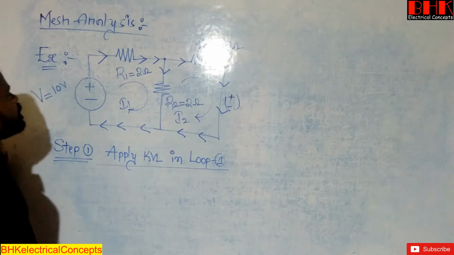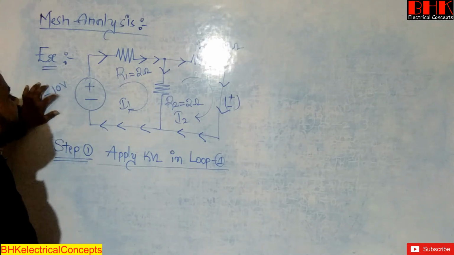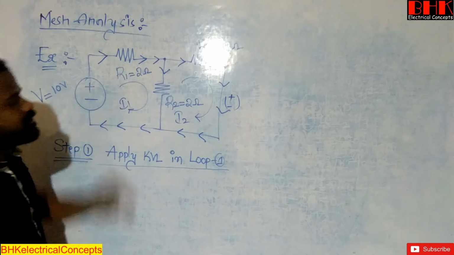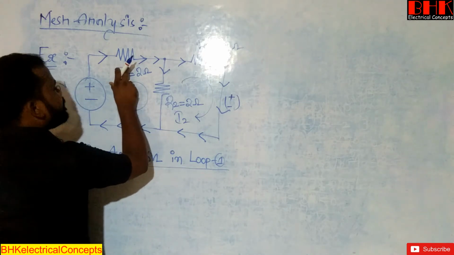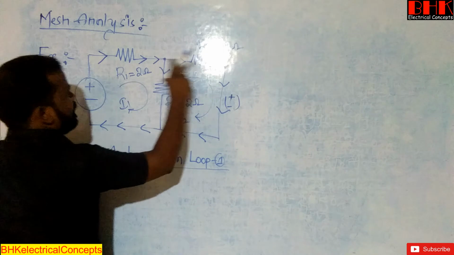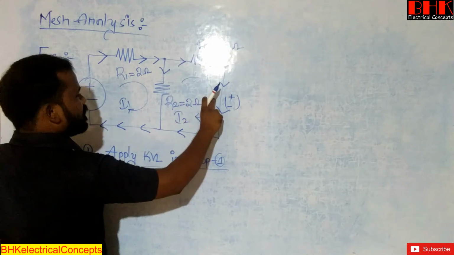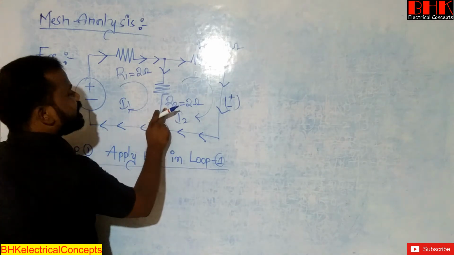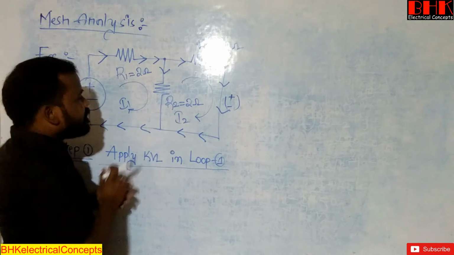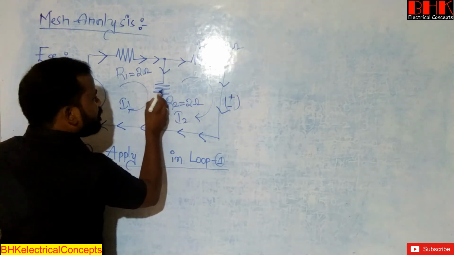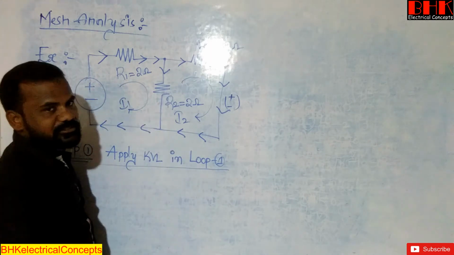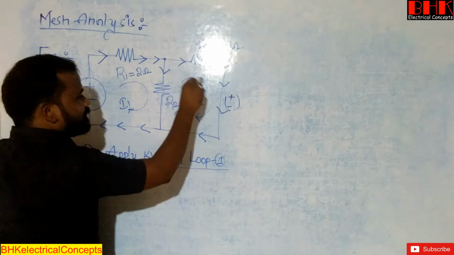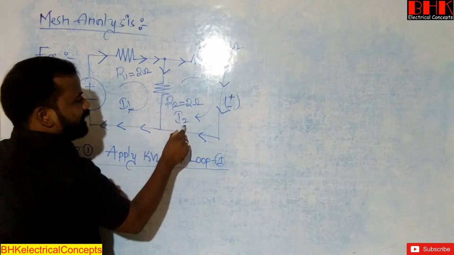As per Kirchhoff's voltage law, consider the applied voltage V, the voltage drop across resistance R1, and the voltage drop across resistance R2. Observe that R1 is the self resistance for loop 1, and R3 is the self resistance for loop 2. But R2 is the mutual resistance, because R2 is connected between loop 1 and loop 2. That's why we have to consider the direction of current through this particular resistance. The current I1 is flowing downwards, but through R2 the current I2 is always upwards.